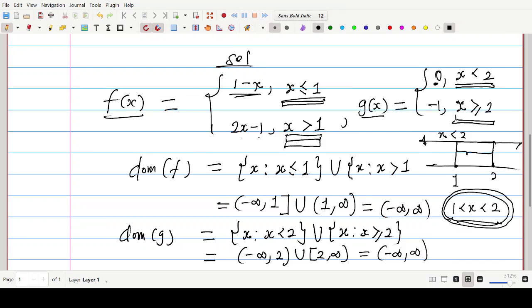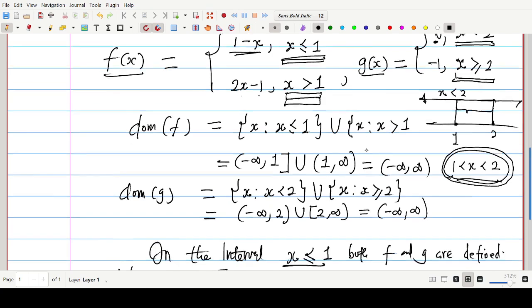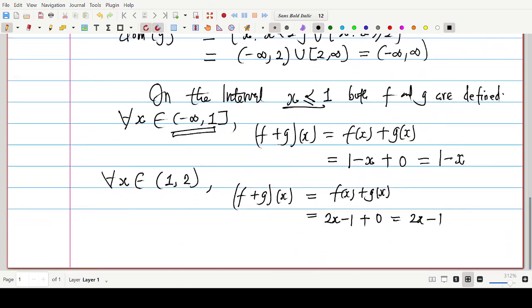All right. So in the interval s bigger than or equal to 2, both functions are defined. So I can come here and write, I can say also for all x that comes from the interval 2 ranging to infinity, that is s is bigger than or equal to 2, we have that f plus g